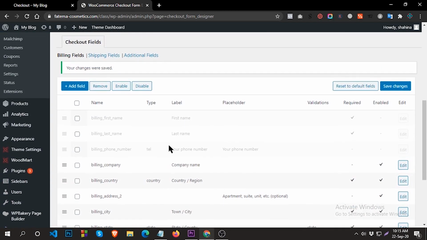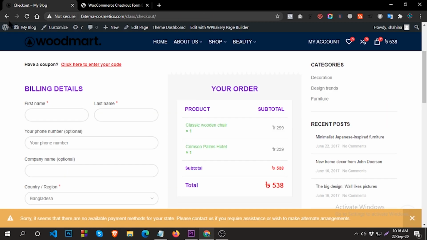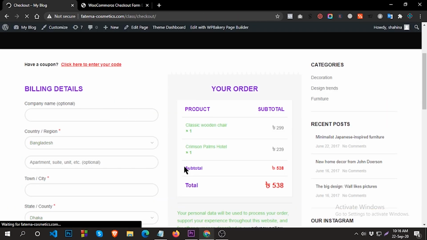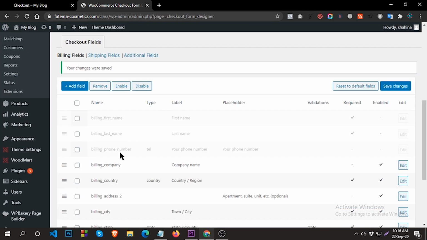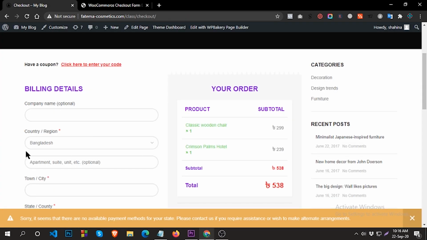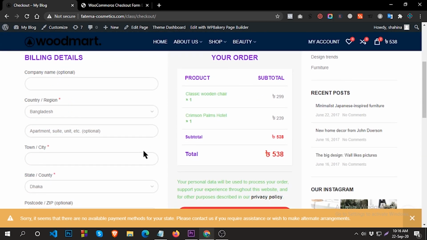You can simply disable this field and use it later. Go to the checkout page, refresh. You can see the first name, last name, phone number have been removed. In this way you can easily remove fields.